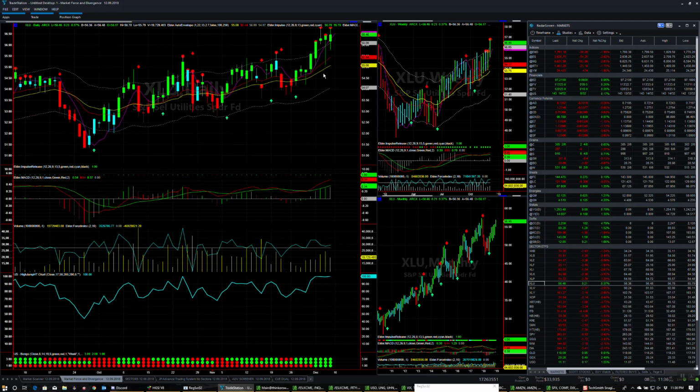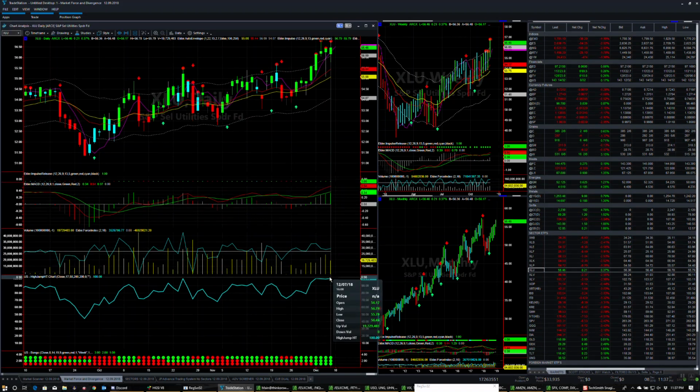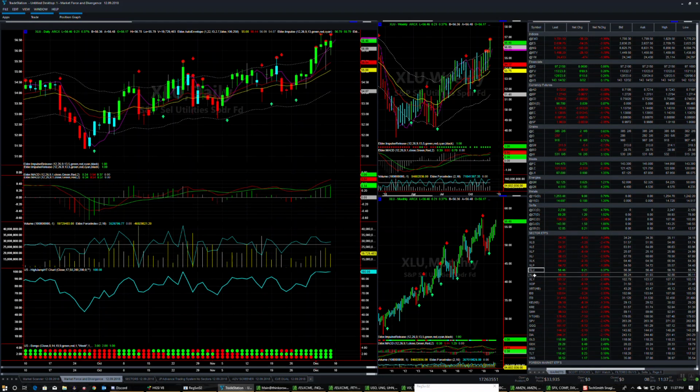Utilities, probably the only thing in a buy signal, and you can see how overbought they are with divergent signals coming in both daily and the weekly, and at 100% on the high jump bar. And you know what happens when you're at 100% on the high jump bar. You don't stay there. Maybe this is a week the market bounces, utilities come down. Healthcare,